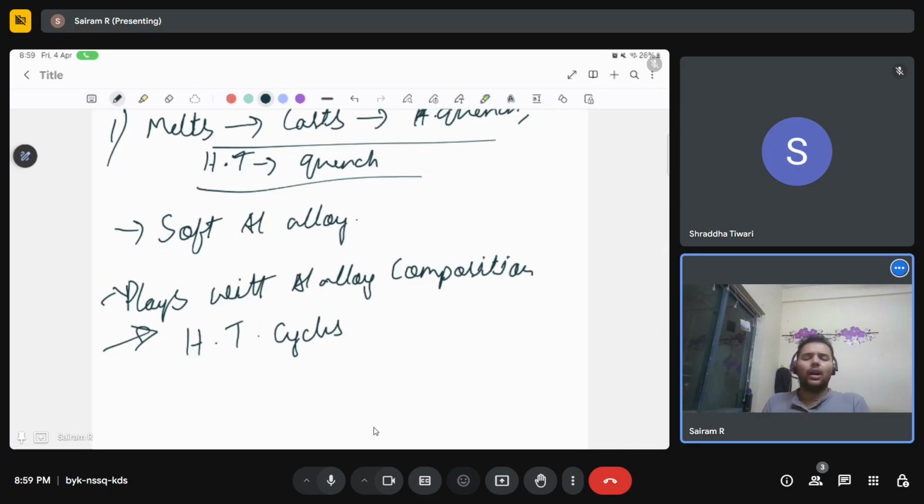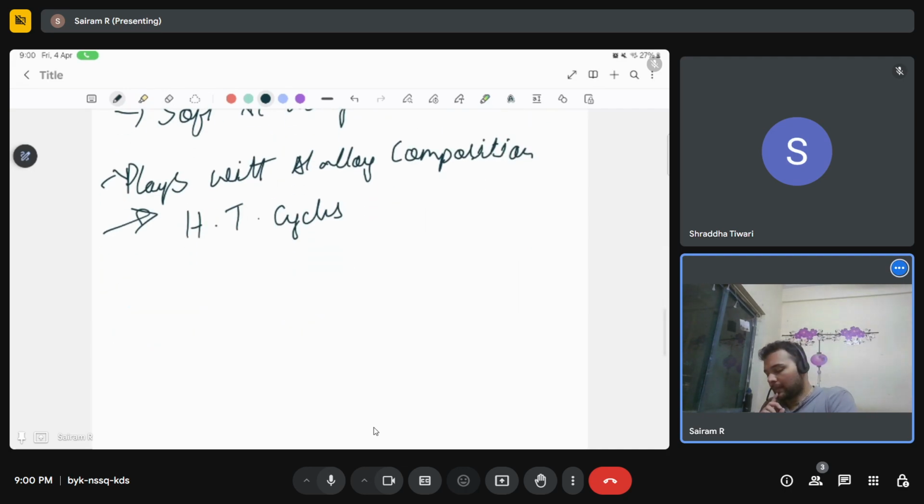aluminum alloys. Out of frustration, he leaves the lab immediately, forgetting that he still has a few cast products in the furnace. He goes out for the weekend, he takes a vacation, and comes back to the lab after a few days. Let's say he takes a vacation of a few hundred hours, 3, 4 weekends. He forgets that there are aluminum alloy billets,